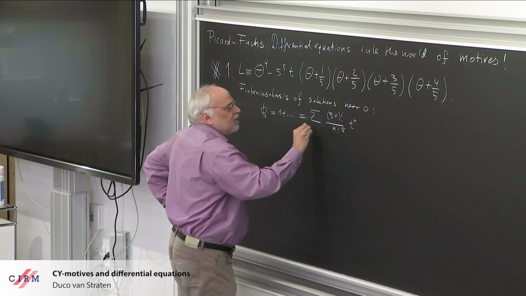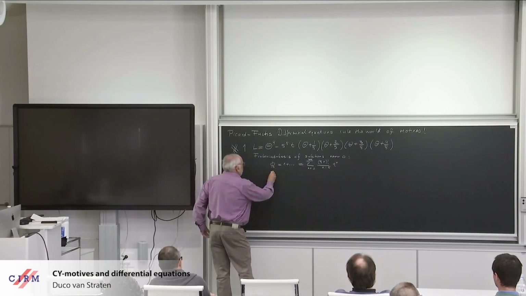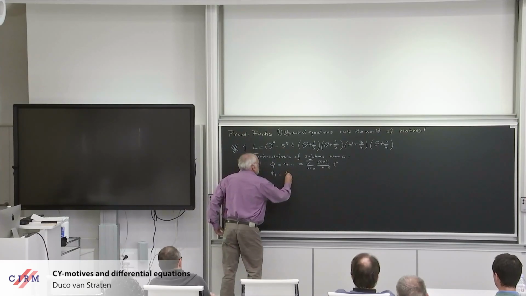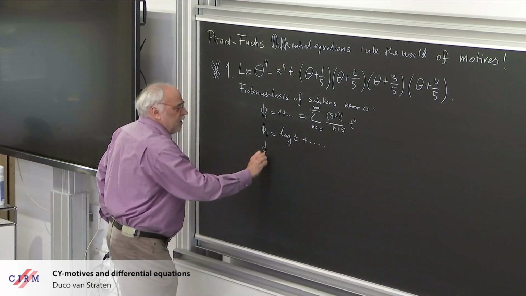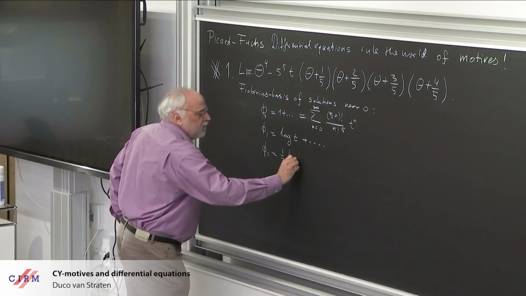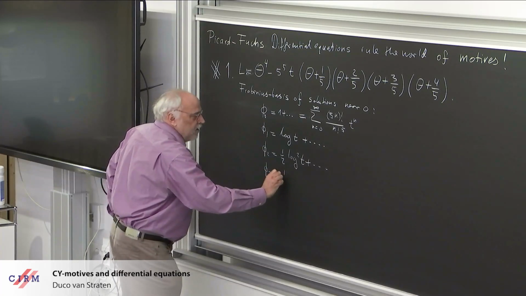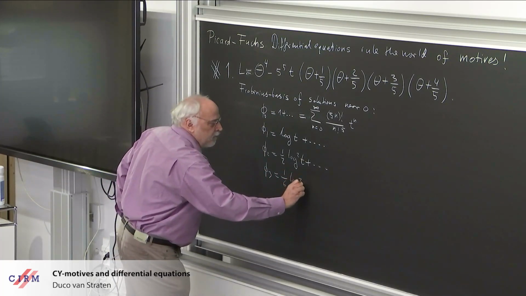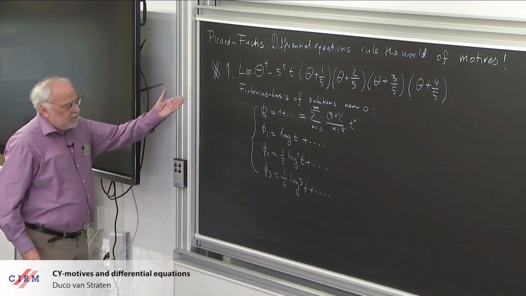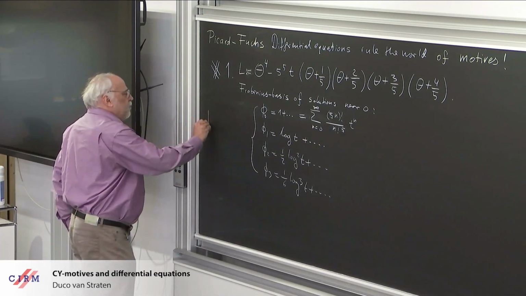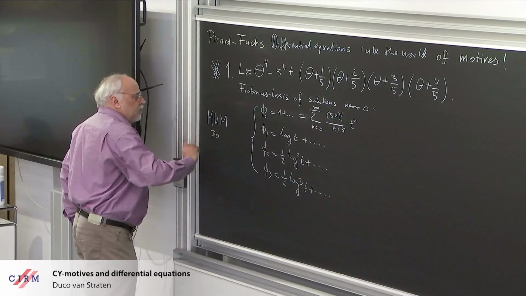It's this series, and then there is a solution phi 1 which starts with a logarithm of t plus further terms, and then there is a solution which starts with log squared and log cubed terms, and this causes this differential equation to have a point of maximal unipotent monodromy